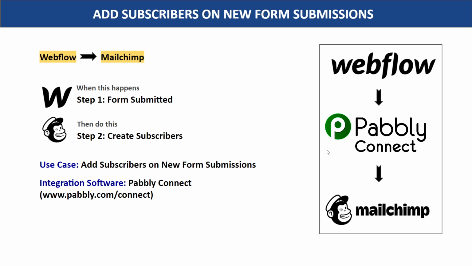So here you have two choices. The first choice is to copy all the details of John from Webflow, sort it out, and manually add John as a contact or a member in MailChimp. The problem with this approach is that it's very repetitive and tiresome. So I would suggest that you bring in some automation so that whenever a new form is submitted in Webflow, a subscriber is automatically created in MailChimp.